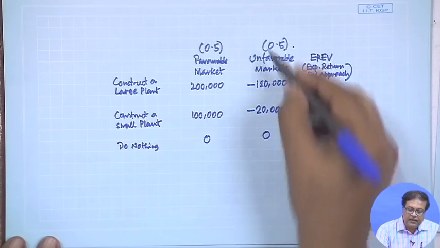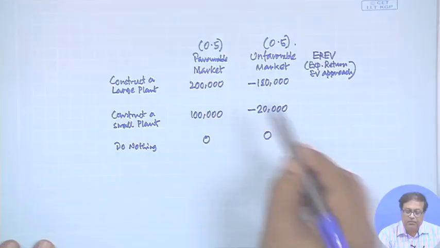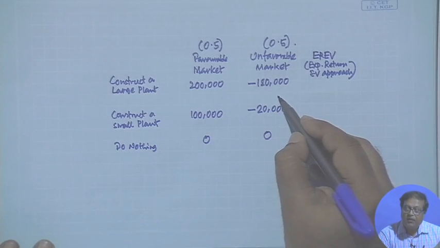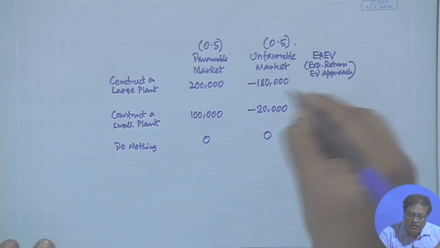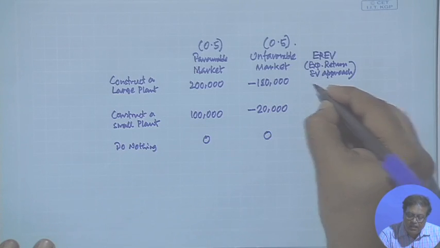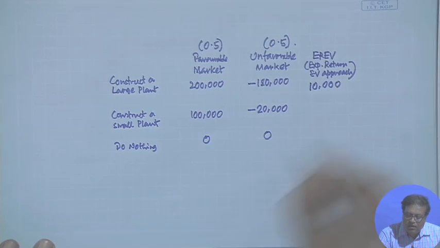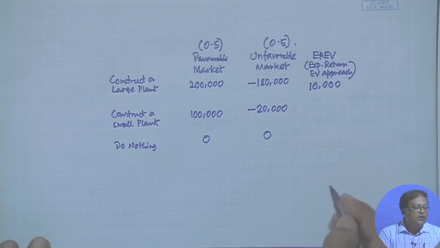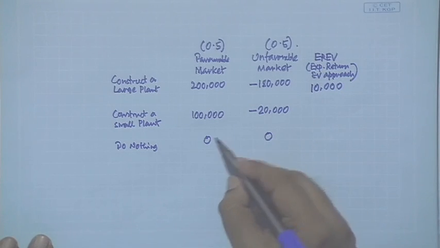How much we can get is basically 200,000 into 0.5 plus minus 180,000 into 0.5, and it comes to a total of around 10,000. So, 10,000 will be our EREV, but if we would have constructed a small plant, then we would have got